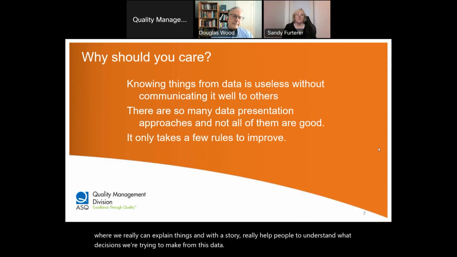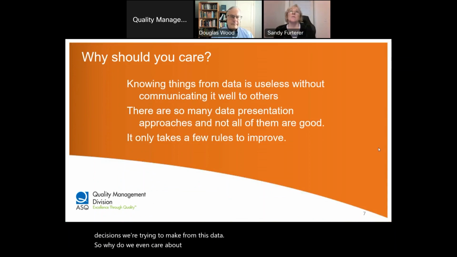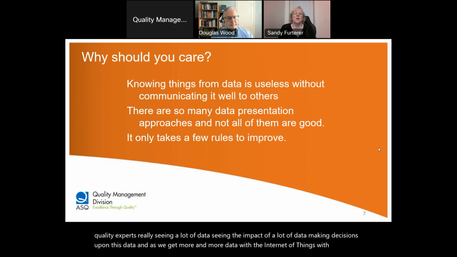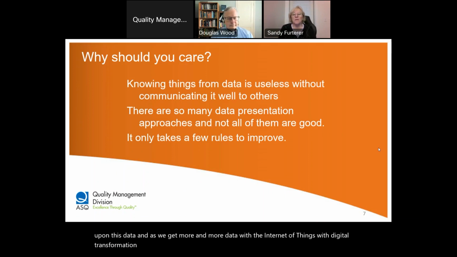So why do we even care about this? Because really, we spend a lot of time in our work lives as quality experts, really seeing a lot of data, seeing the impact of a lot of data, making decisions upon this data. And as we get more and more data with the Internet of Things, with digital transformation, with being able to pull all of that data off of all of our pieces of equipment and machines,